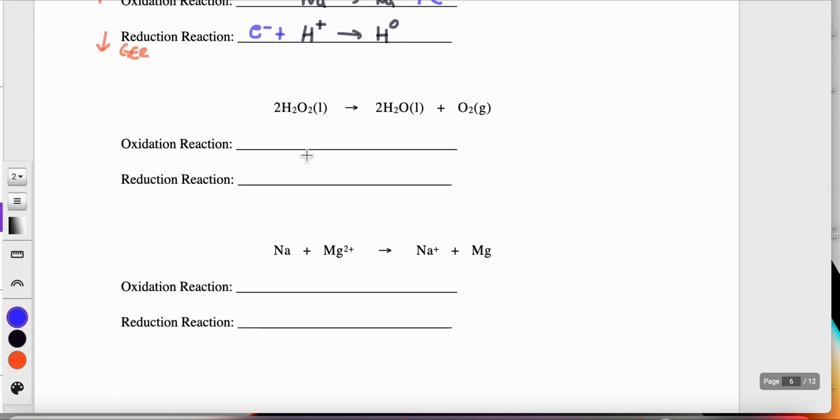Looking at the next example here, I need to assign oxidation numbers. I have hydrogen bonded to a nonmetal, so it's using a +1. There are 2 of those hydrogens, +1 each, so they supply a +2 total. I have 2 of the partner that needs to balance it out, so those 2 partners are each using a